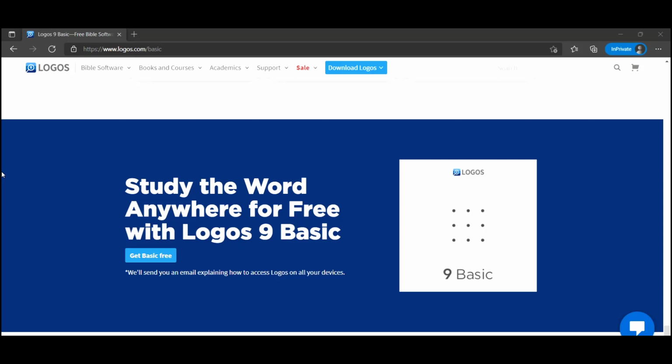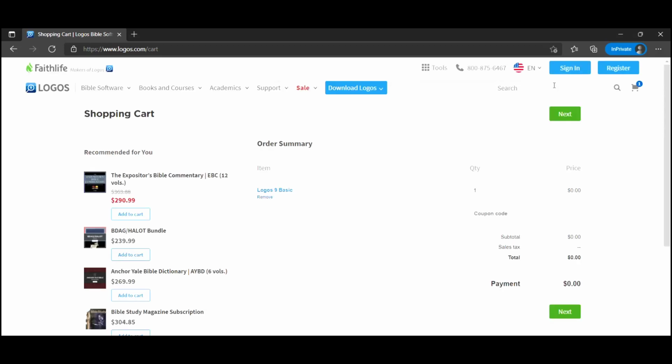And you can click on this, get Logos Basic free. Now, it's going to add it to your cart. Okay, so it'll go to the cart. So I'm going to click here, and you could have clicked any of those links above. It's going to add it to your cart. So I want to show you how this works. Now, I'm not signed in, but if you were